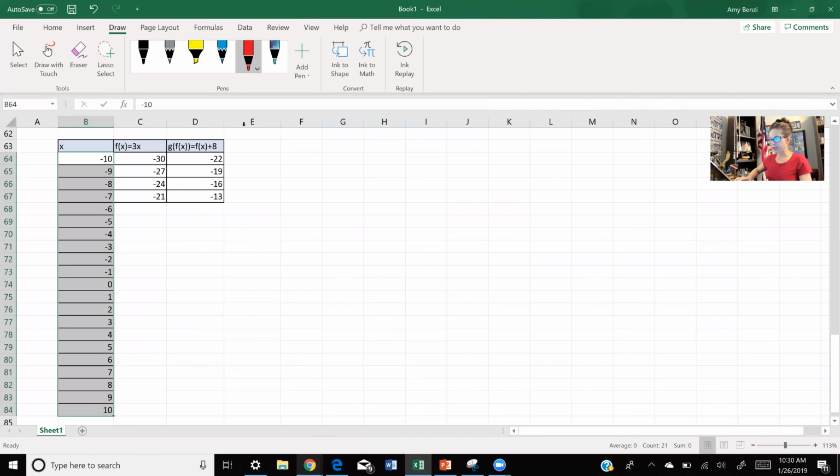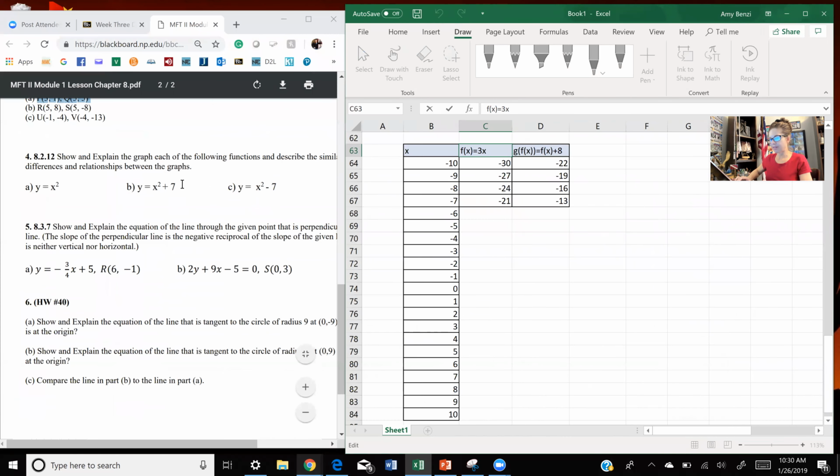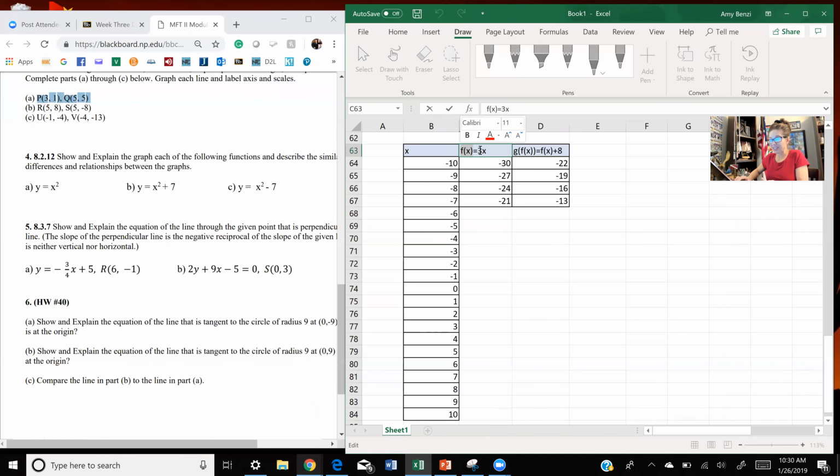Now, what is my first function over there? I think it was just x squared, wasn't it? All right, so I have my x values, and they call it y, but could I leave it f of x? Sure, it's exactly the same, just turns it into a function. So this is y equals x squared. So I just put that squared in